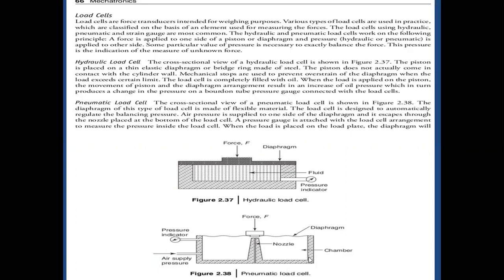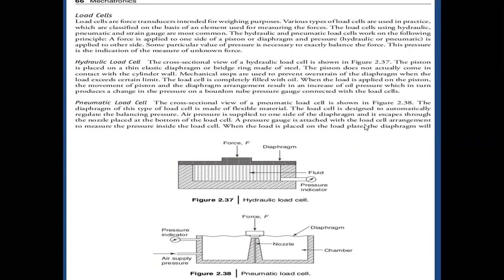And the pneumatic load cell. A pneumatic load cell is nothing but a container completely filled with air. Pneumatic is nothing but air. It has a diaphragm like this one. This is the chamber, and the air applies pressure here. You have a nozzle here, and a pressure indicator. The nozzle is nothing but a vent, just keeping on creating some kind of vacuum. After the completion of the load, the air within the chamber is released through the nozzle. That is the pneumatic load cell.